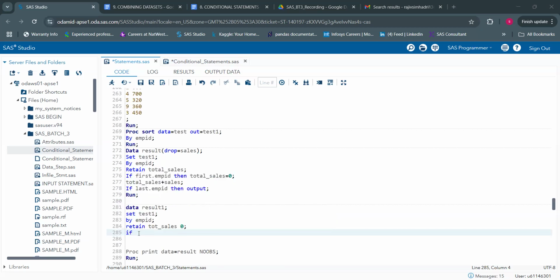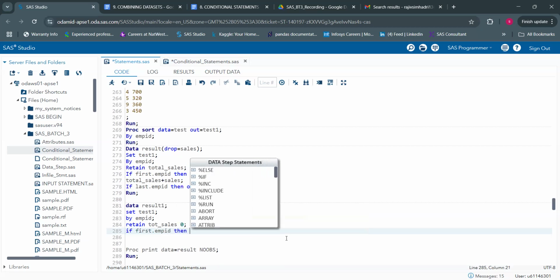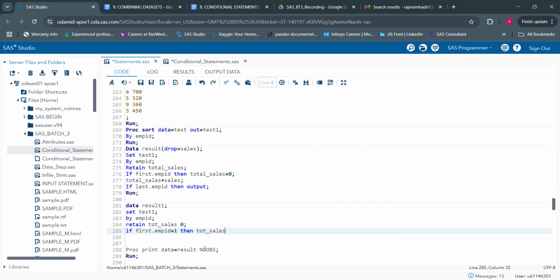If first dot emp ID equal to 1, for better understanding, then total sales equal to 0 plus